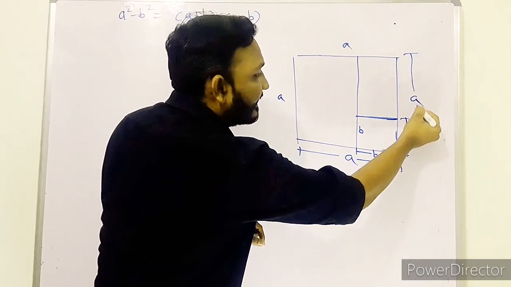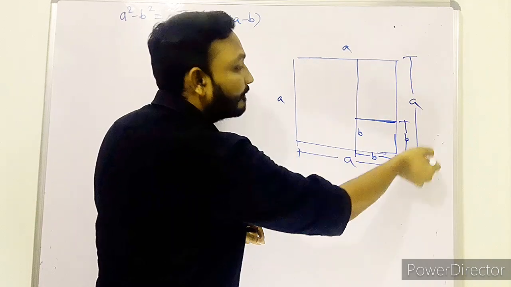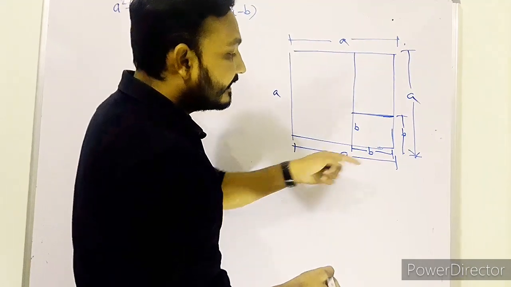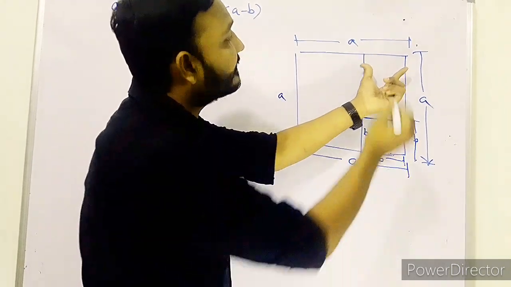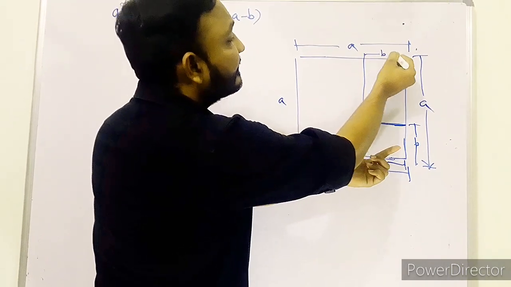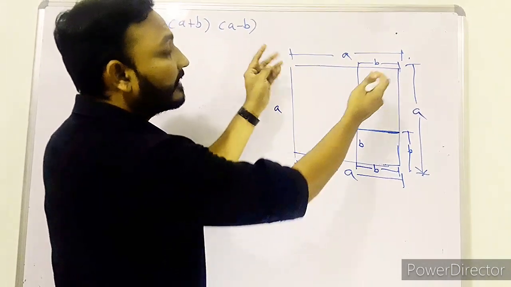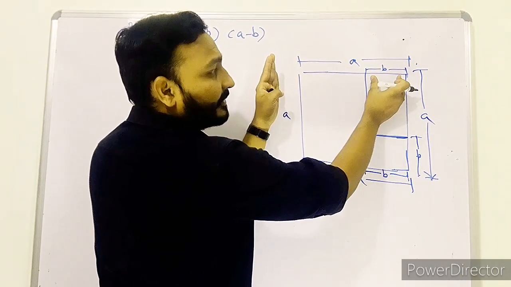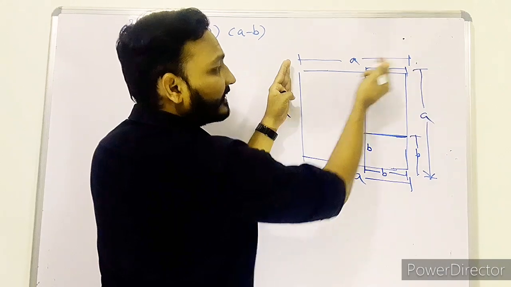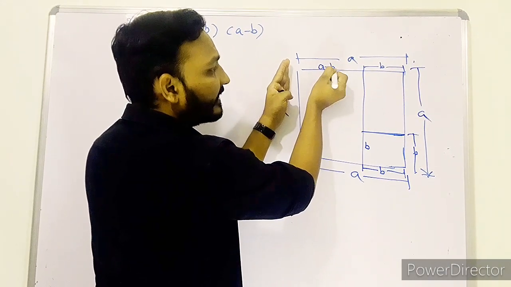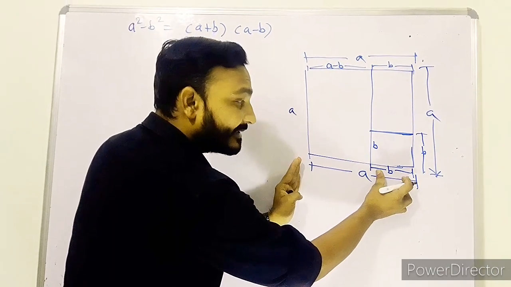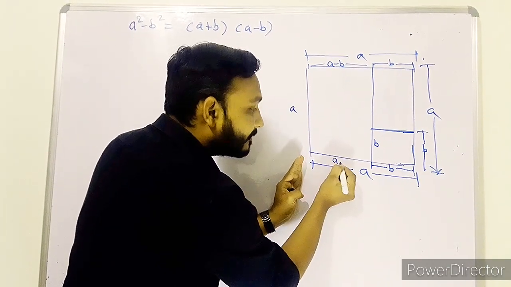Now tell me, this A is the whole, complete length. This A is also a complete length. If this one is B, then this one is also B. Now tell me, if B is subtracted from a complete A, अगर मैं इस B को पूरे A में से निकाल देता हूँ तो बाकी बचेगा कौन? A minus B बचेगा. अगर मैं यहाँ से B निकाल देता हूँ तो ये कौन बचेगा यहाँ पे?